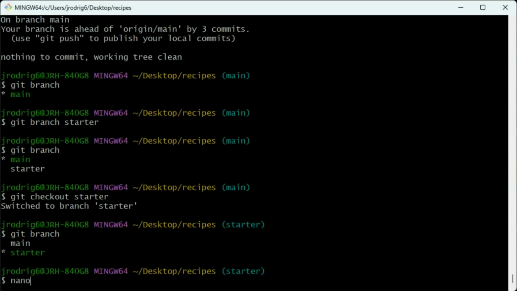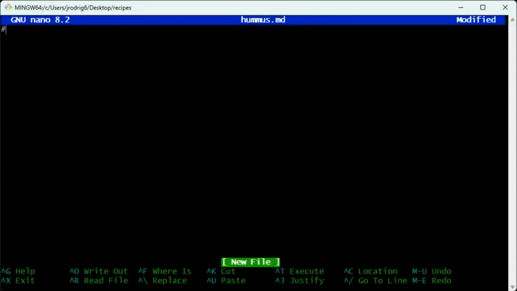And now I can create a starter with nano. We can use hummus.md, and here I can add the ingredients and instructions. Ingredients, I can save it: chicken, peas,